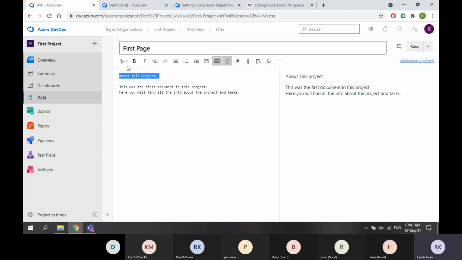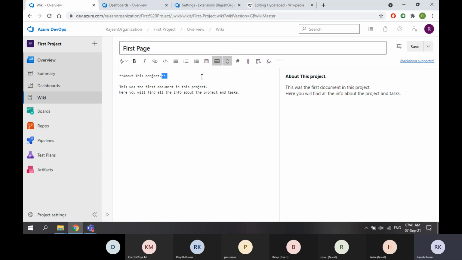If you want to make this a header, select it and make it bold. When I did bold, you can see some characters added before and after the text. That is nothing but Markdown syntax.